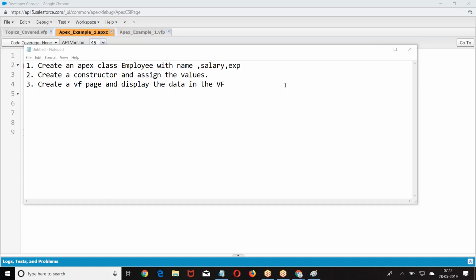Any data that needs to be saved to the database from the Apex class, we need to write a DML operation, and it should be on a table. We have to take a particular table and make a DML operation on it. Then only data will be saved. Unless you make a DML, we cannot save any data to the database. So this is just referring like a variable, like a component or a global variable. Exactly. Okay.